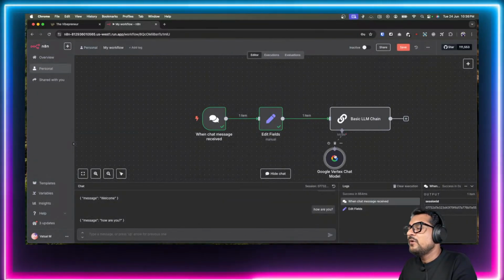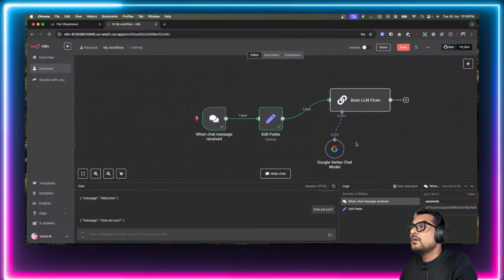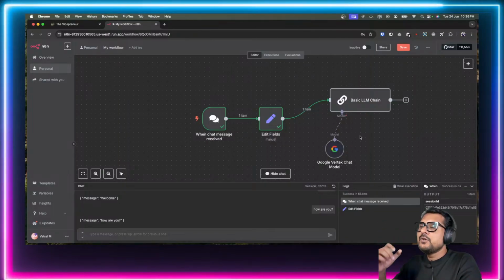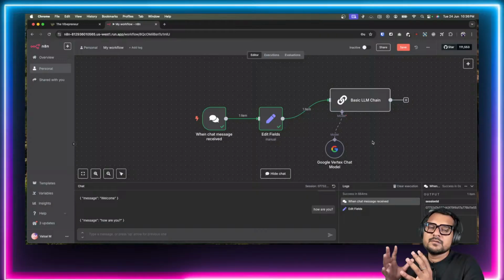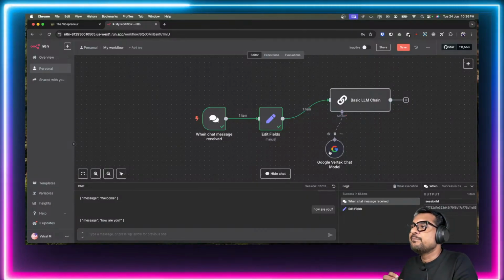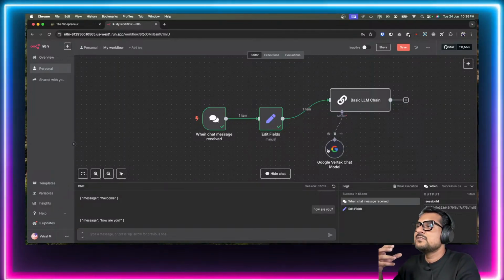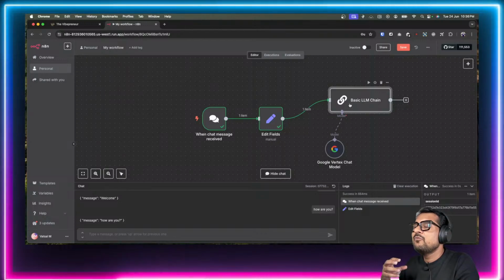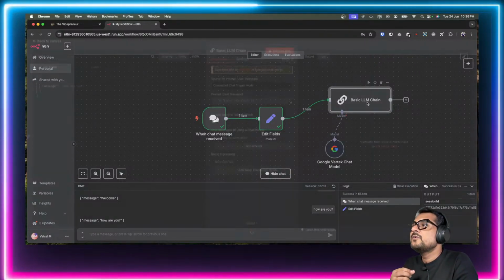So now if we see this UI, for this basic LLM chain node, we have got this Google Vertex chat model connected here, right? Now this AI has sort of become a brain, right? Because AI has intelligence. So this has become a brain for this particular node. Okay, so what this node will do,